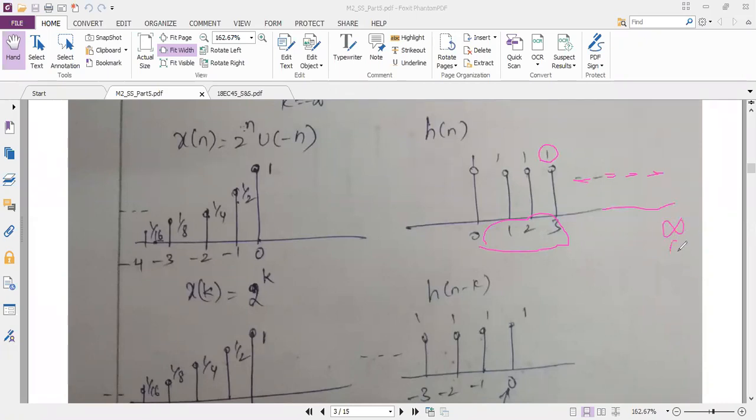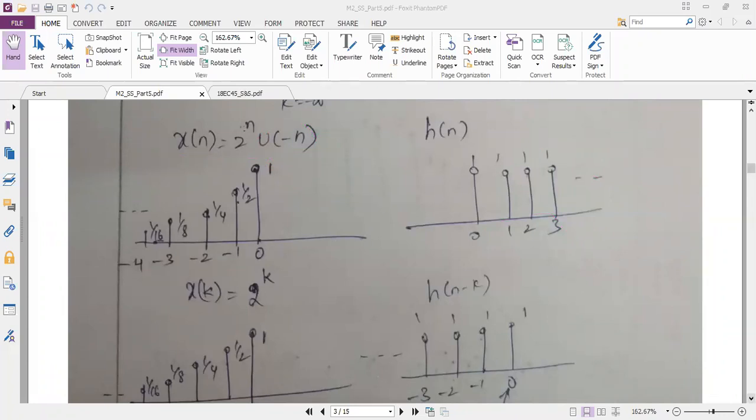When n is equal to infinity, the amplitude will be continued, or the samples will be present. Similarly, for this x of n, we have u of minus n. So towards the negative x-axis, I'll be having infinite samples. These dots are very important, and from these dots I came to know that both the inputs x of n as well as h of n are infinite. If both are infinite, I said in the earlier class we cannot use method 1, we have to use method 2. And in method 2 also we have some rules to follow for this type of infinite input problems.